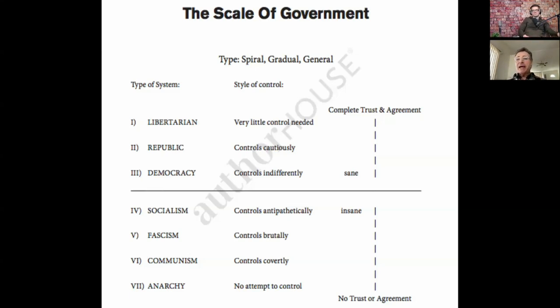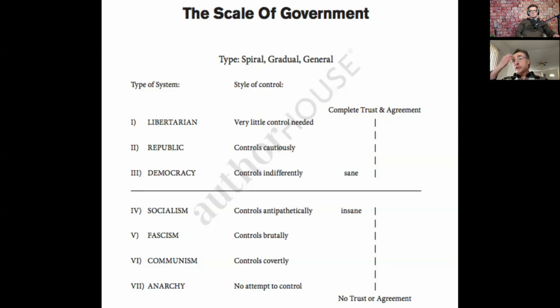That's communism. Up from that is fascism. Now, fascism is not covert. Fascism is brutal. Fascism says, you do what we say or you die. That's what you got from the Nazis. It's what you got from Mussolini. That's what you get from the mafia. The mafia is a fascist organization. They control brutally. Okay? They say, you are going to kill this guy. And if you don't do it, they kill you. Okay? That's controlling brutally. That's what fascism is. That's what you have in the United States now.